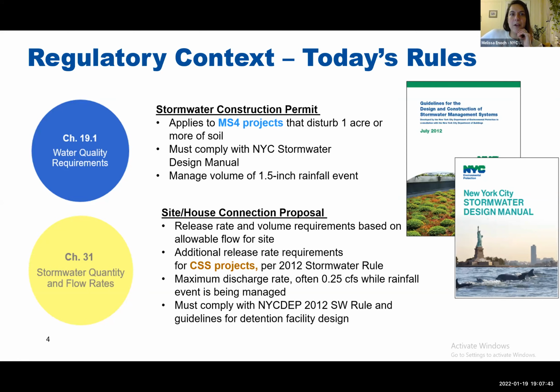Okay, so I'm going to start out then, after that kind of long-winded intro to this presentation, by talking about what today's rules are so that we can establish the baseline, and then talk about what our new forthcoming rules are. And then you can get the bigger picture here. So as I mentioned,